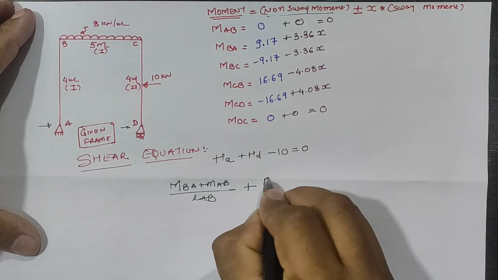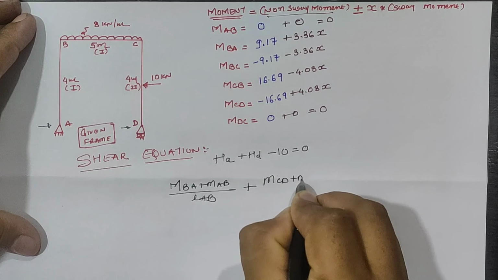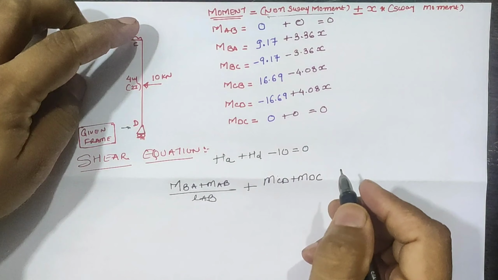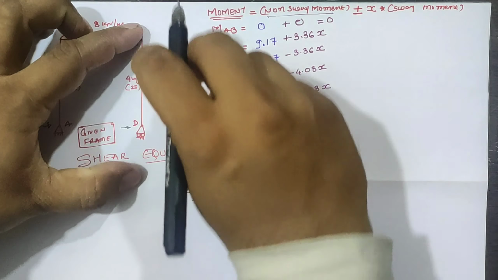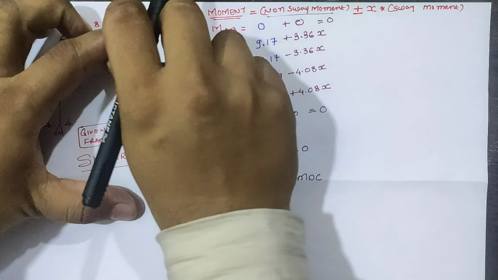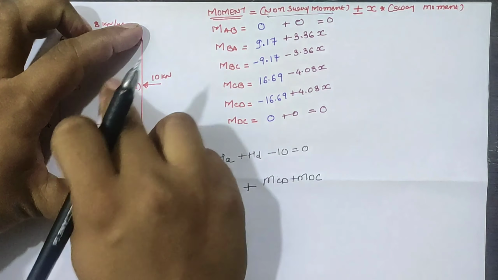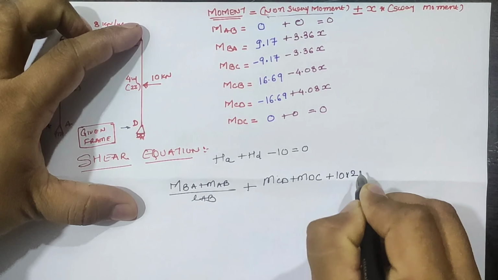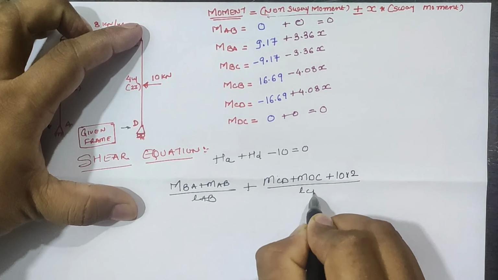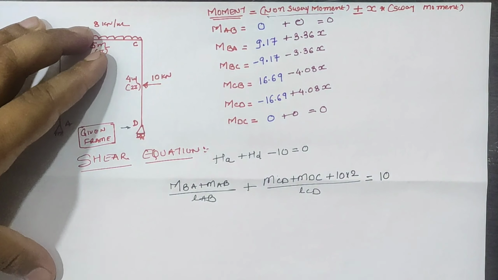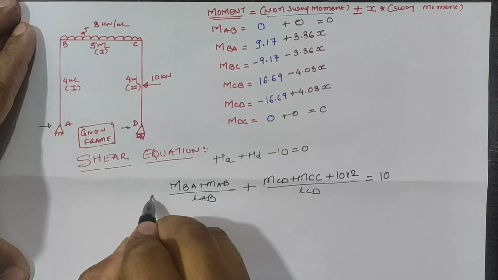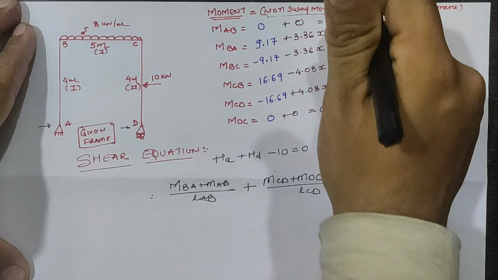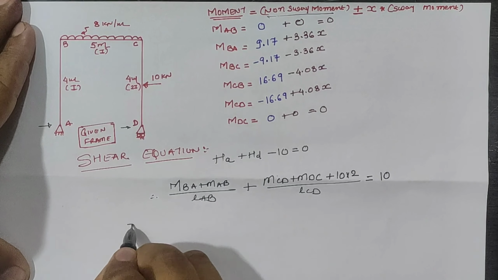Similarly, HD can be calculated by MCD plus MDC. Now at joint C, the rotation moment due to the 10 kilonewton is clockwise, hence the value is 10 into 2 divided by LCD equal to 10. Now putting all the values in the above equation,